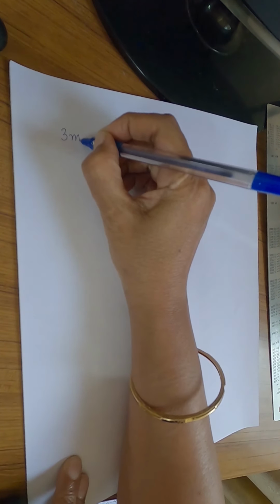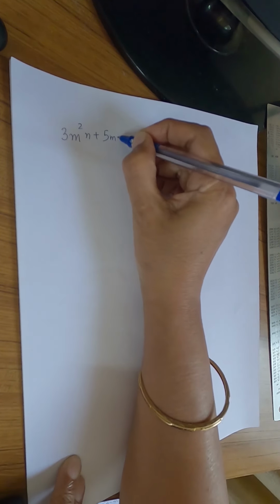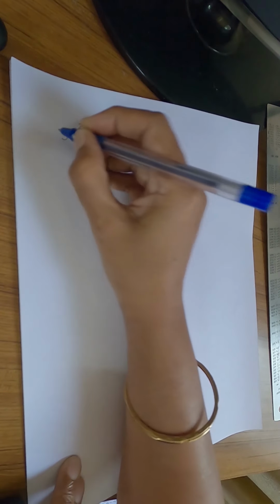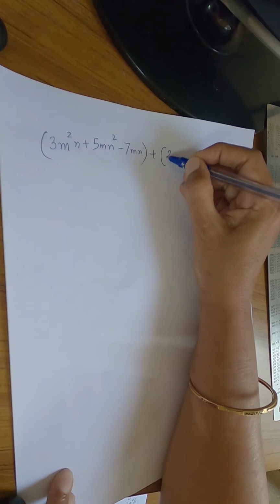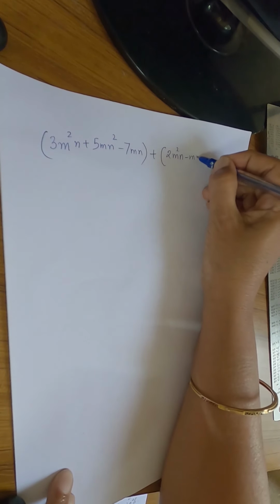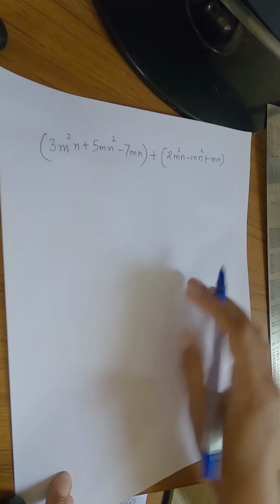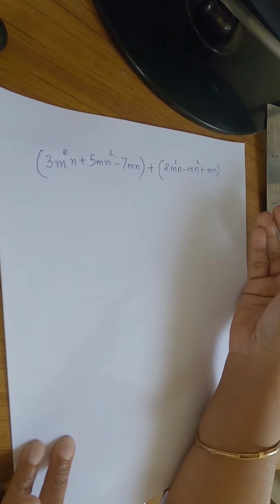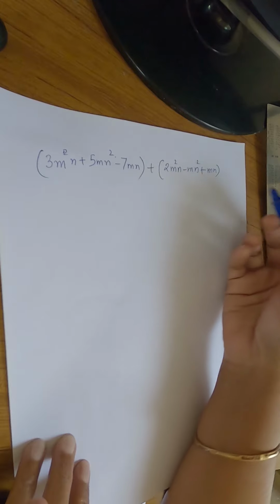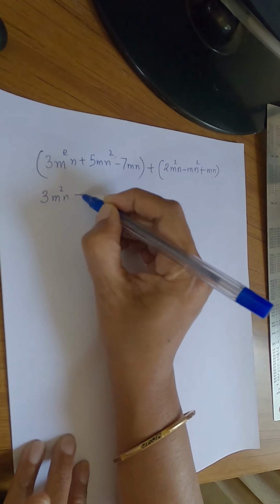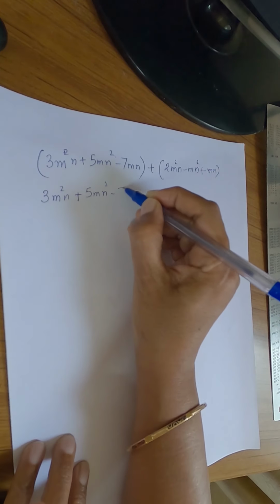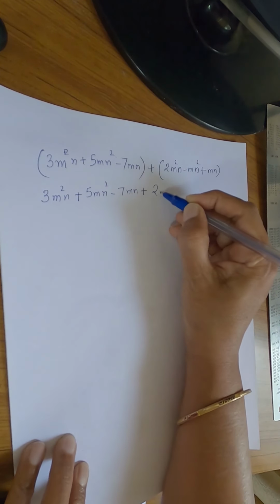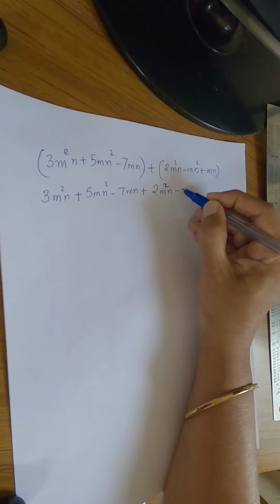Let's begin some operations on polynomials. The first one is addition. So let us say I have to add the first polynomial with the second polynomial. So here I have two polynomials, right? How do I call them polynomials? Because you can see all the degrees are positive numbers. There are no negatives, no ratios. So how do we solve this? First we open the brackets so that we have one single expression having all the terms that we want.